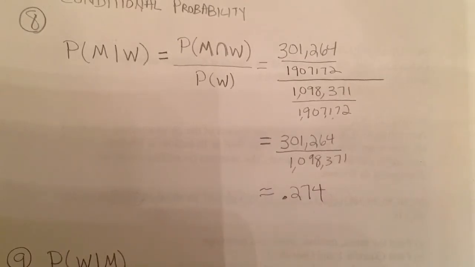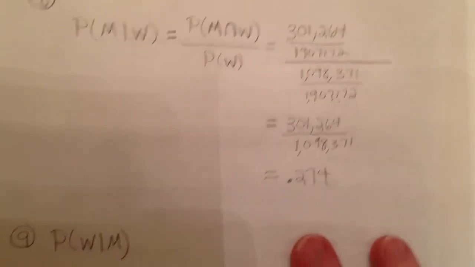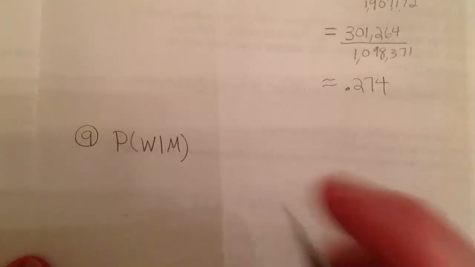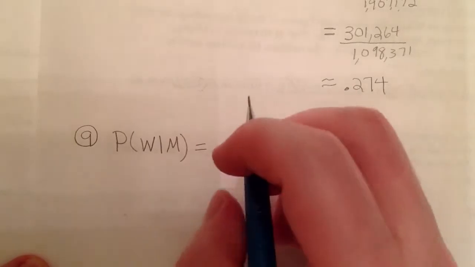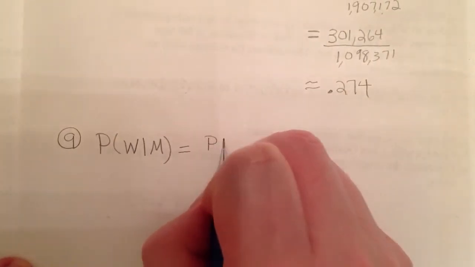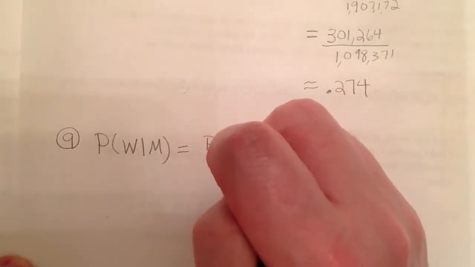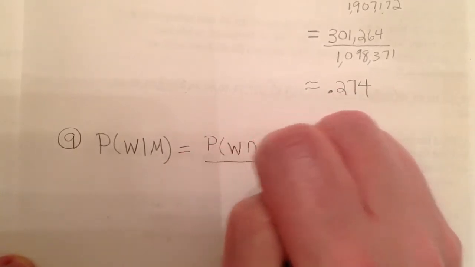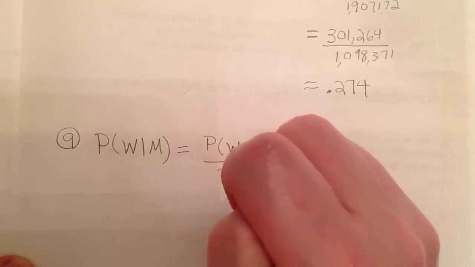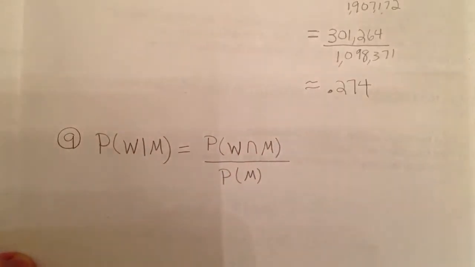Now, for number 9, we have a bit of a role reversal. We had the probability that the person chosen at random is a woman, given that the person has a master's degree. So in terms of layout, we have woman, with the precondition being the master's degree, and for the intersection, we still have the same categories, woman and master's,